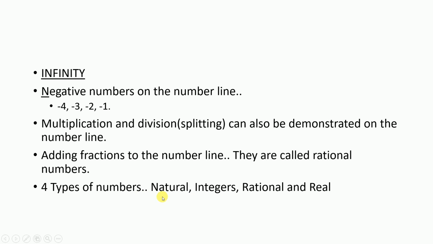There are different types of number systems. Natural number system starts with 1, 2, 3, 4 and it goes on. Then you have whole numbers, where you have natural numbers and 0 added to it. In integers you have whole numbers and all the negative numbers. In rational numbers you have fractions, and in real numbers you have both rational and irrational. We shall discuss irrational numbers later. Thank you.